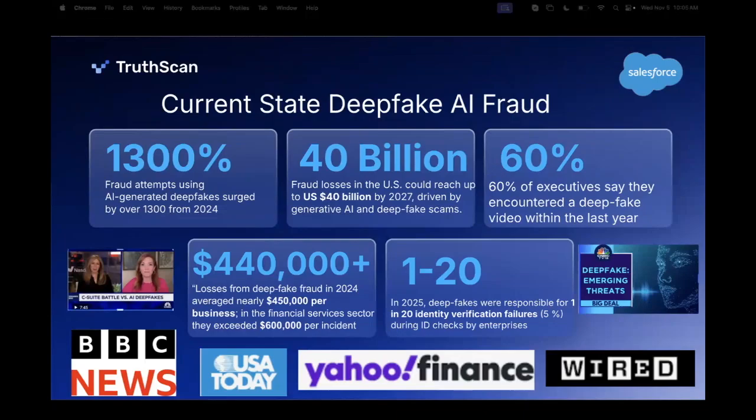Now, let's talk about the current state of deepfake AI fraud. This is not written by us. This is all third-party publications talking about this big macro problem that is in the marketplace right now. CNBC, USA Today, CBS, BBC, they're all writing about this, and fraud attempts using AI deepfakes have surged 1,300% over the last year, just from 2024.